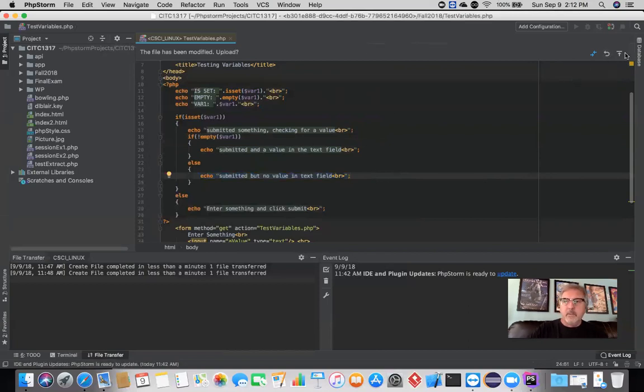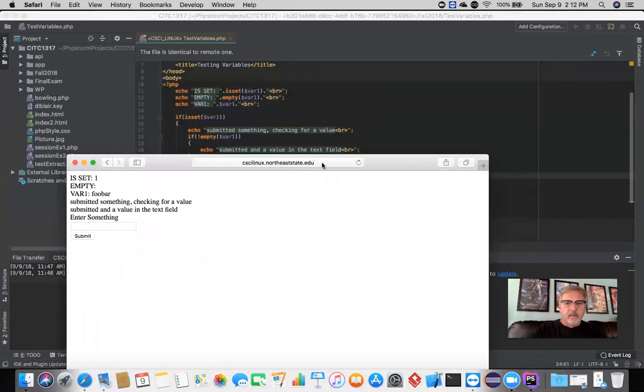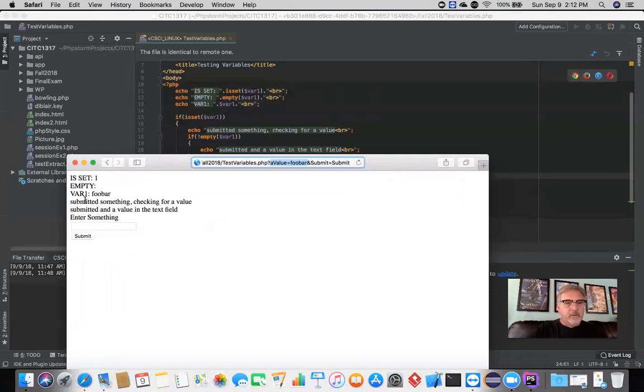So let's upload that. Back over here. Refresh that. Let's see what we had at the end of our string. We had value equals foobar. So I hit submit. How it knows is because of that right there. All right. So I hit submit button, as well as I have a value of foobar in a value. So if I look here, submitted something, checking for a value, submitted a value in the text field, so everything